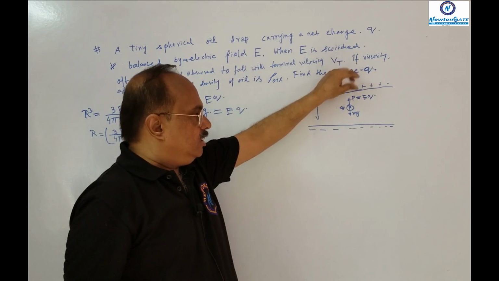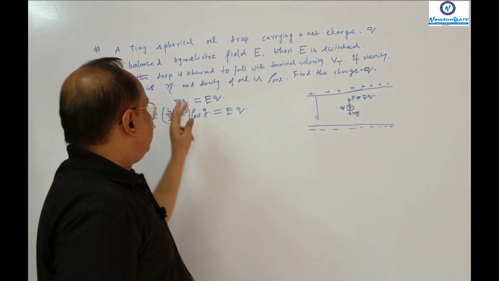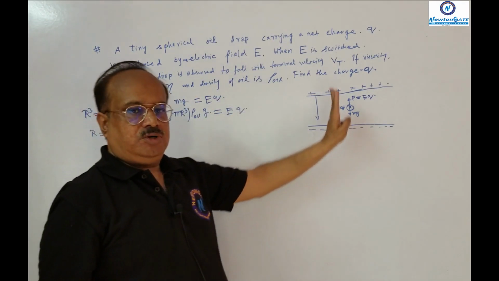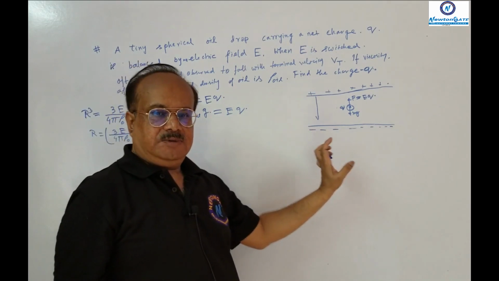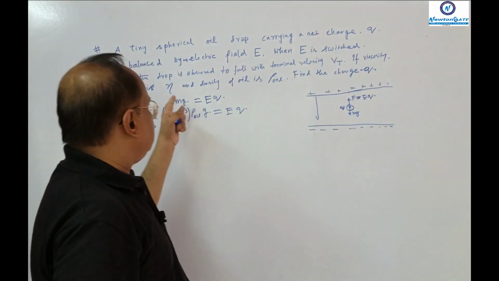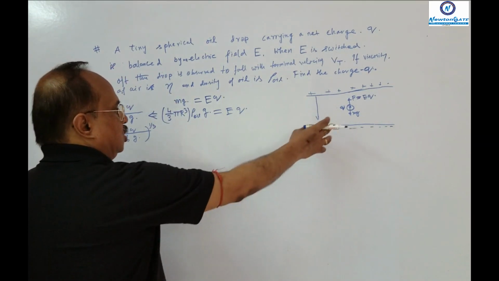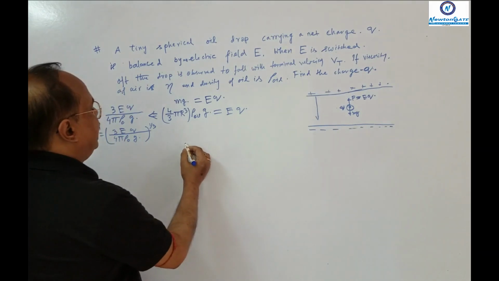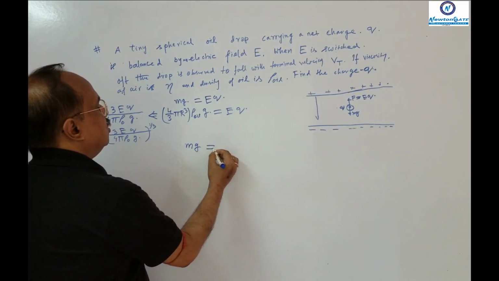When a liquid drop is going down, there can be a force of buoyancy and a force of viscosity upward. But here the buoyancy is negligible due to the air, and the oil drop is very small, so negligible. So I am thinking only about the viscous force acting on it. The viscous force will again be equal to your mg, the weight